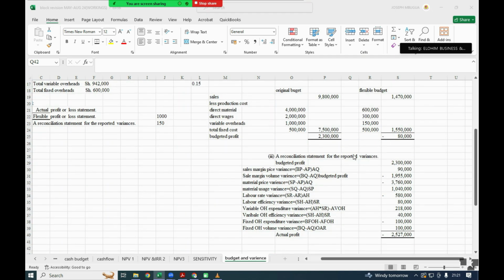So the sales variance, remember for the first one, the actual price was more than the budgeted price, and based on that, even if we sold a lesser quantity, it will give us a positive variance. But this one will be negative because the actual was less than what we had budgeted to sell at, and that's why it was giving us a negative 55. I stop at that. This question, we just